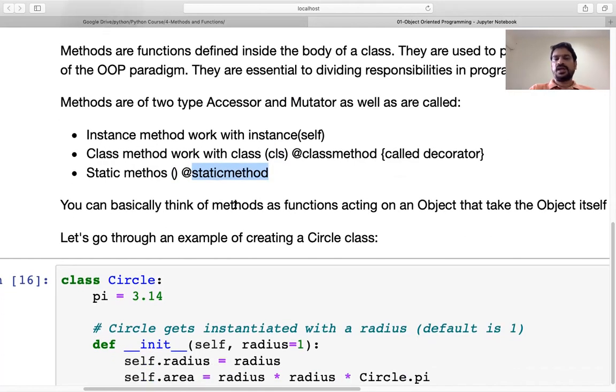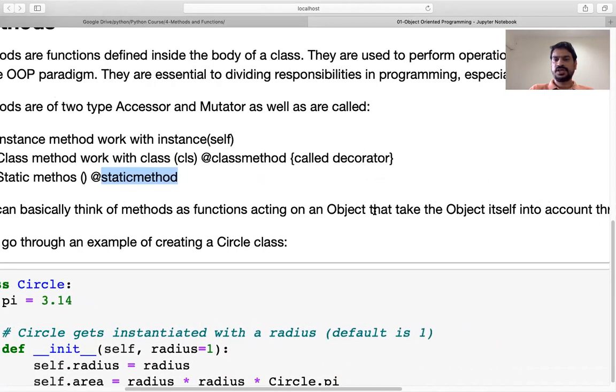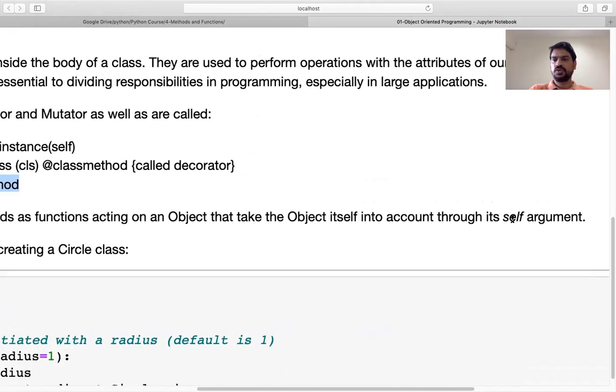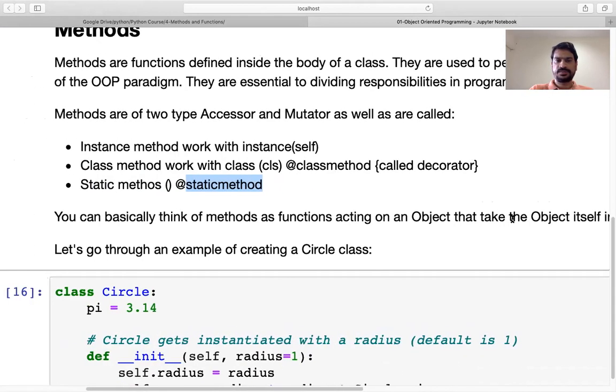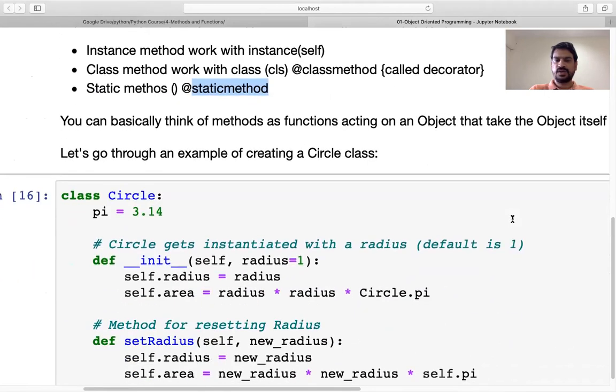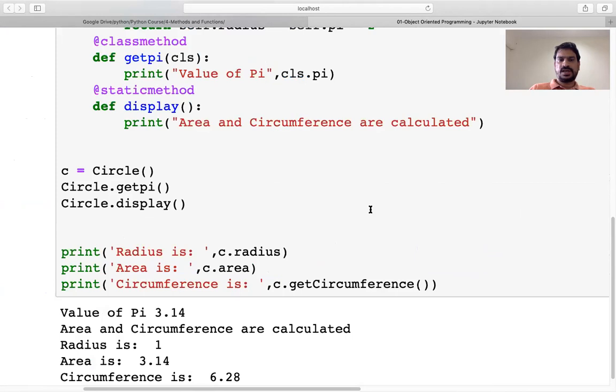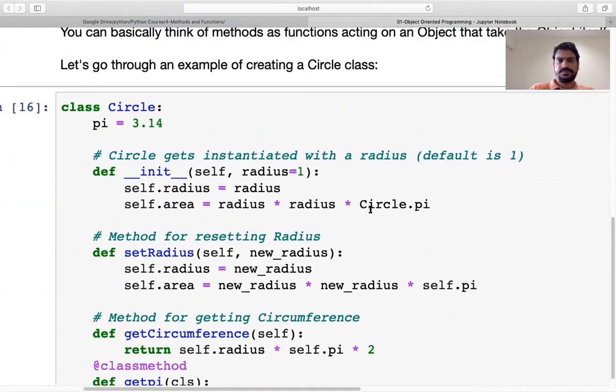We can basically think of methods as functions acting on an object that take the object itself into account through its self argument. So let's try to understand all three different types of methods that we can create inside the class.